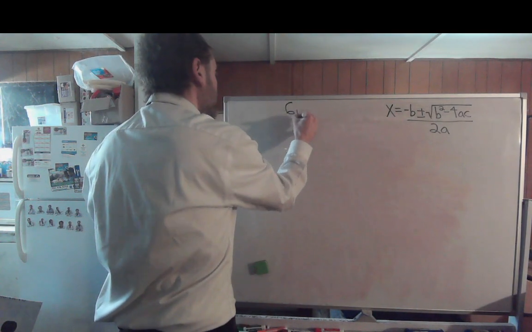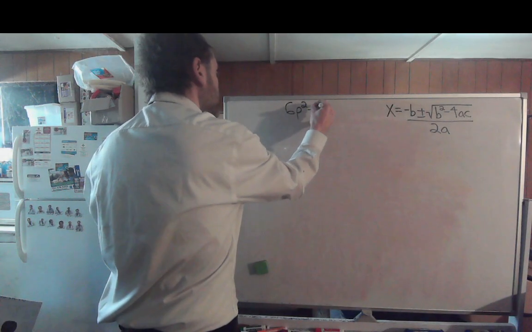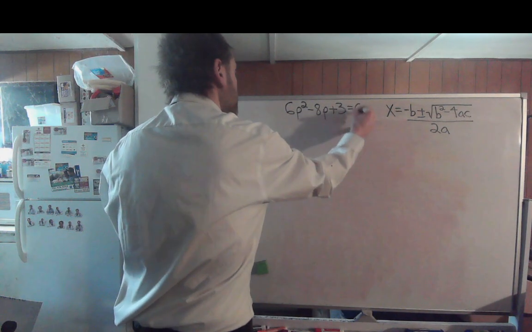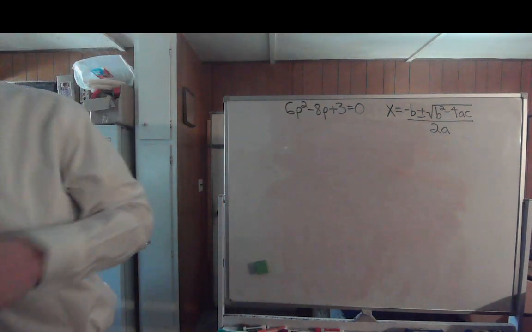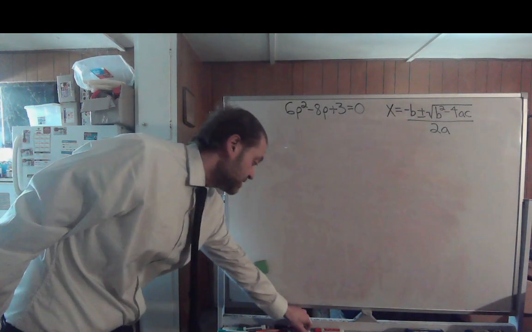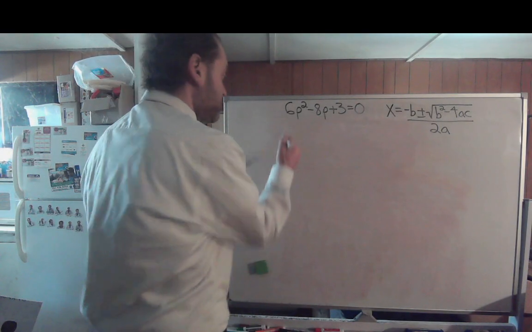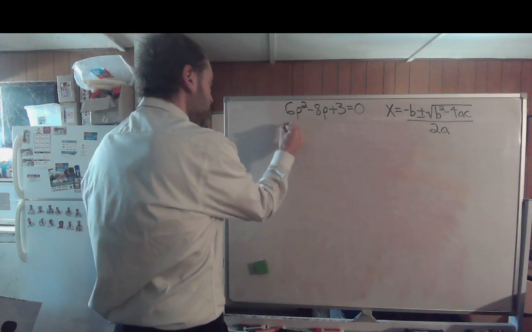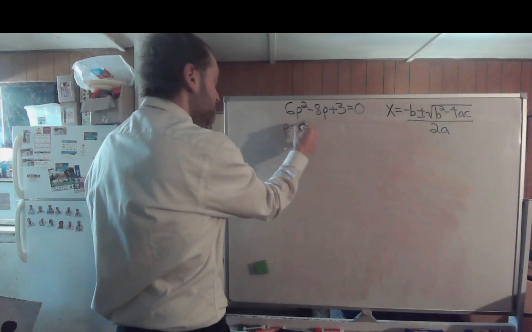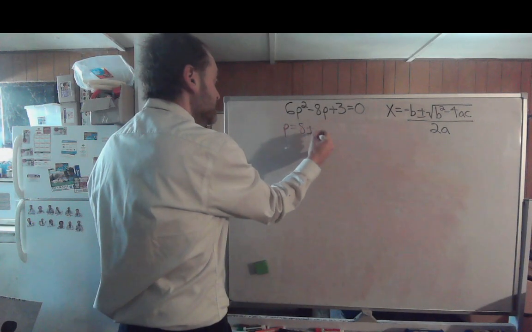6p squared minus 8p plus 3 equals 0. So we have 6p squared minus 8p plus 3 equals 0. Well, let's do the quadratic formula. Your p is going to equal the negative of your b, so negative 8 is positive 8, plus and minus